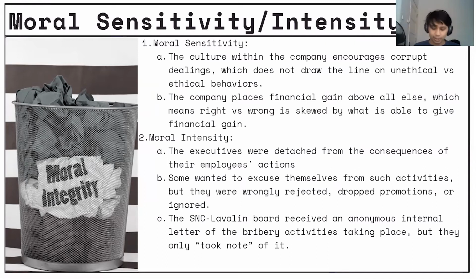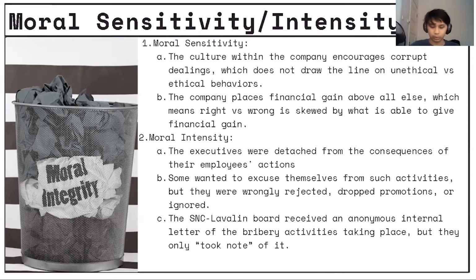The proof of this is, firstly, that the majority of the people who tried to speak out were discriminated against within the company and were ousted from the company, which means that the people who were left are the ones who don't really care or have zero capacity to care about these corrupt dealings. And secondly, the company only took note of the illegal activities that were taking place and did not do anything further than a memo that was sent out by the company. So in that case, the moral intensity in this instance was very low.